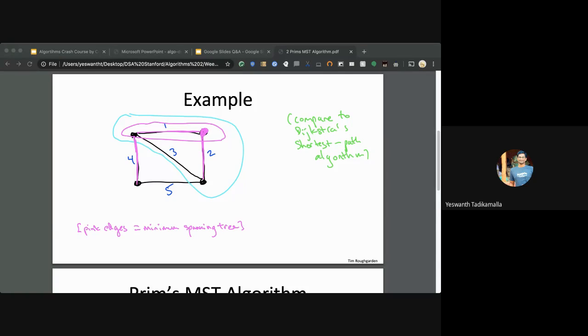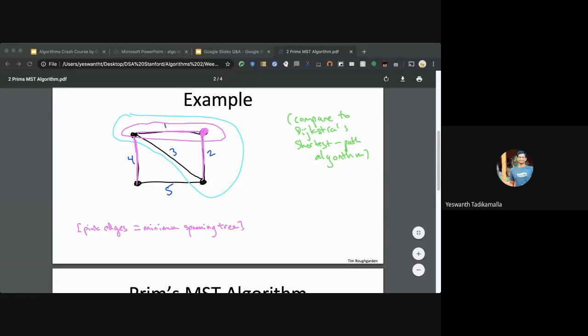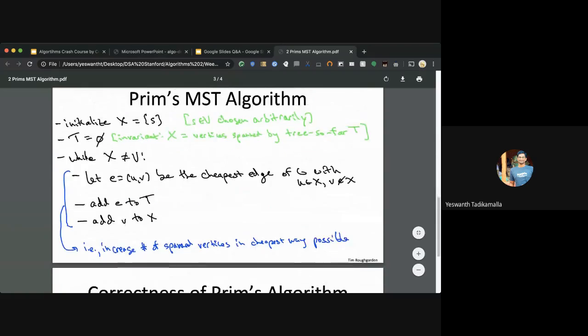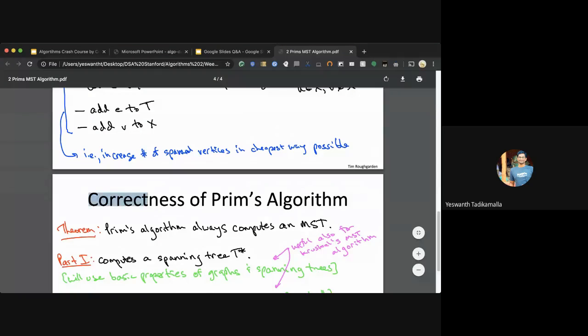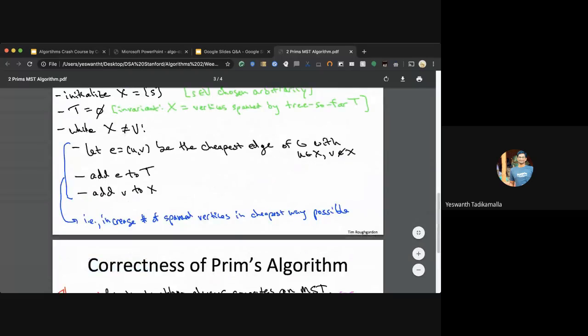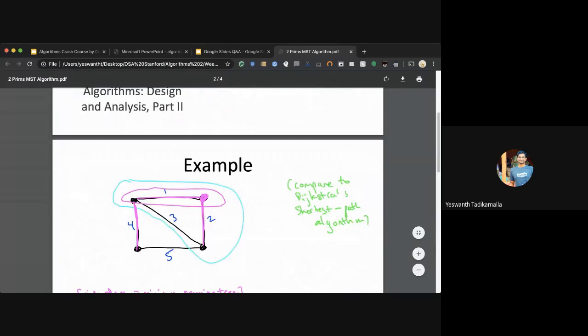After we choose edge 1, the two nodes are clubbed, so we'll be left with 3 more edges going out from the combined node of 1 and 2, and we take the next best, which is number 2. After that, we take number 4 because there's only one node left after we match 1, 2, and 3. So this is Prim's minimum spanning tree algorithm. We won't be discussing the correctness of Prim's minimum spanning tree algorithm. That's outside the scope of this lecture.